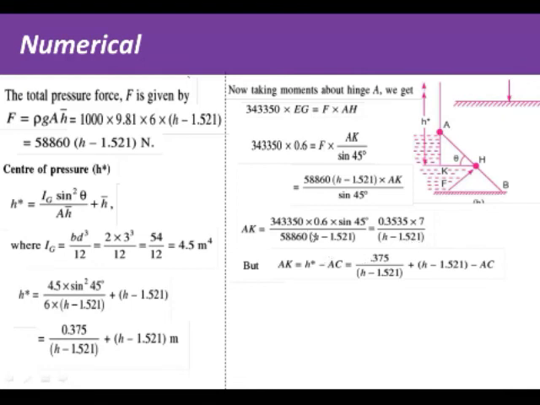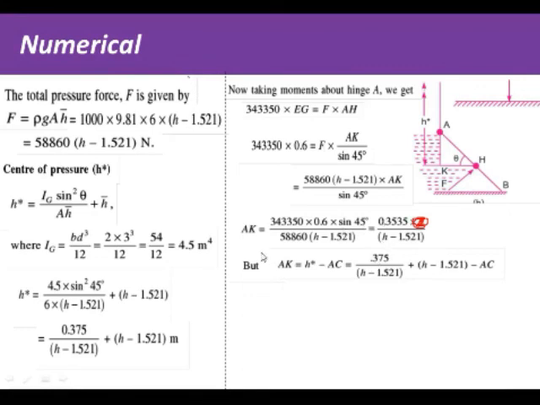Okay, I think 58860 and 343350 are multiples. On cancelling them, you will get this value as 7. And 0.6 into sin 45 is 0.3535. Okay, I think 7 does not come here. 7 is by mistake. So AK is,